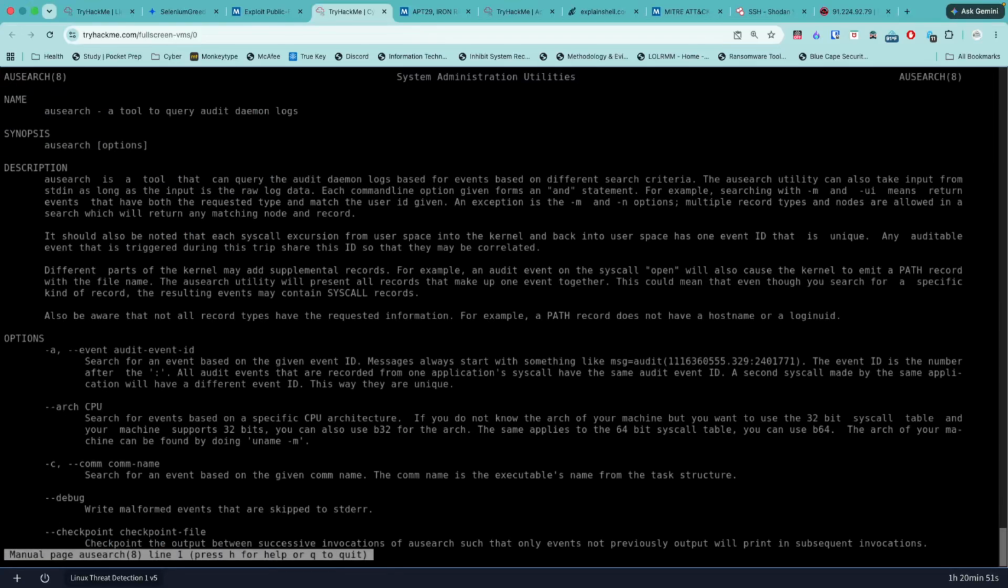ausearch is a tool to query audit daemon logs. It is a tool that can query the audit daemon logs for events based on different search criteria, and much more. So we're going to quit and look for ausearch. We're going to use ausearch to look for whoami